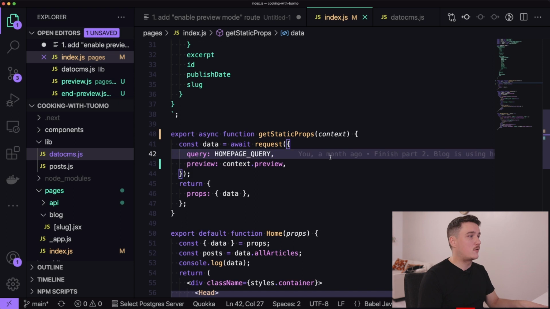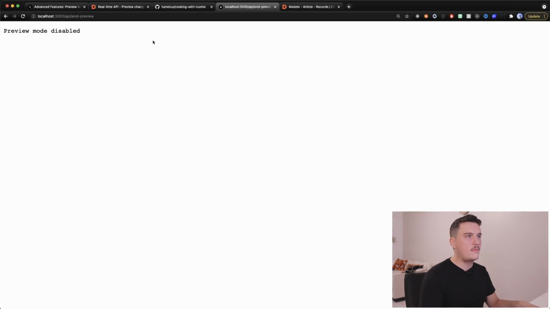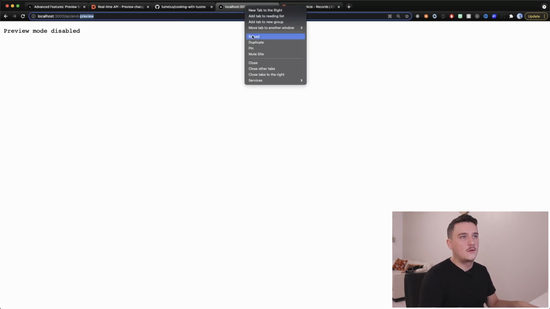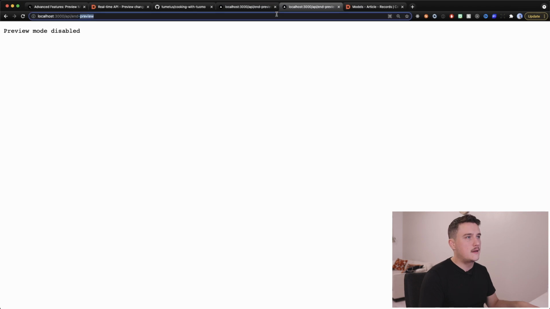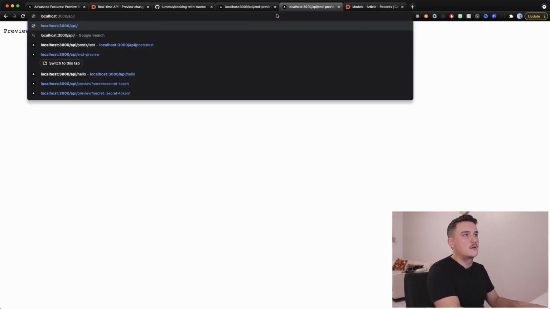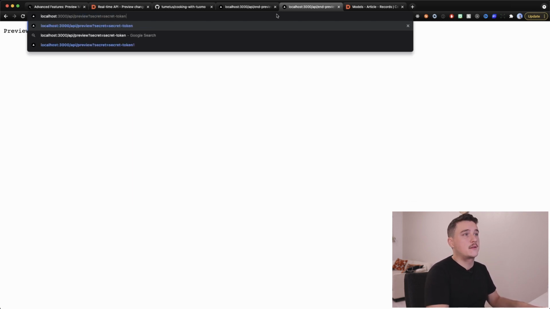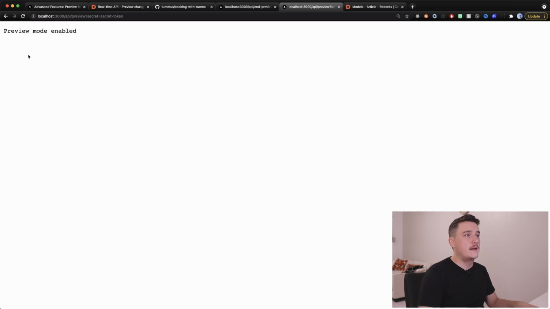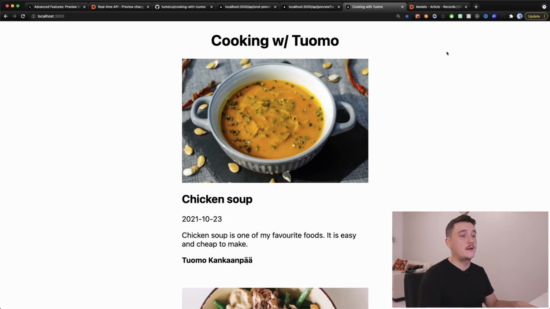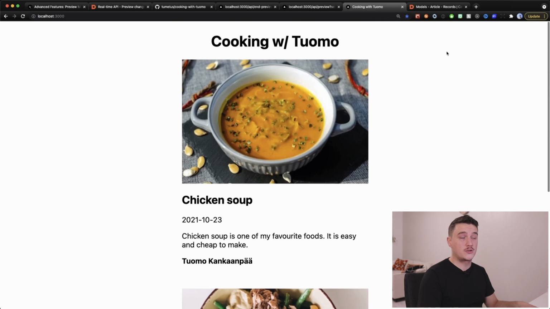So let's take a look at the browser, and we have the end preview endpoint. I'm actually gonna open up a new tab that has the enable endpoint. So let's enable the preview mode. So /API/preview, and the secret was secret token like this. Okay, now the preview mode should be enabled. Next, let's go to the front page, and right here we still have the same blog posts as we did earlier,